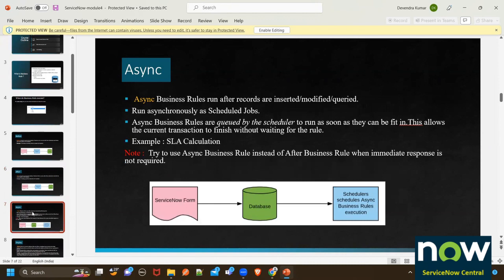The third type is async business rule. Are you guys aware of synchronous and asynchronous calls within ServiceNow, or do you understand what is asynchronous and what is synchronous? Yes, no, maybe. No, Devendra. First time. Okay. So there are two types of server call. One is called asynchronous call, another one is called synchronous call. Server call means